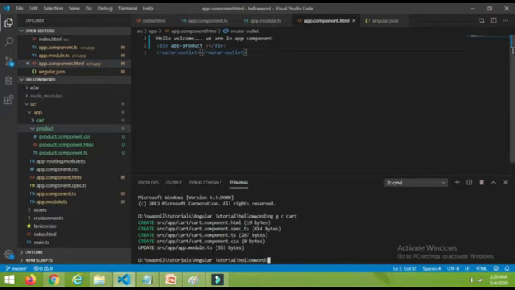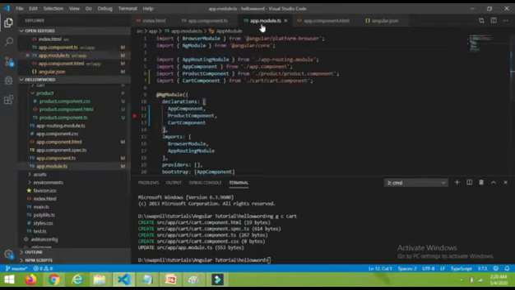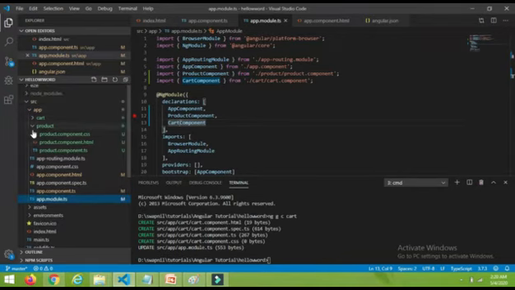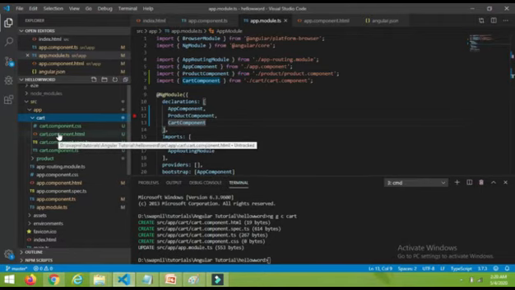I will show you. It has done the entry of the cart component in the app.module.ts file, and here you can find it has created a new folder with the name cart, and inside cart it has created these four files. Whatever files we created manually last time, Angular CLI has created. So it saves a lot of time, because manually it takes some time to create, but within 10 seconds it has created them for us.